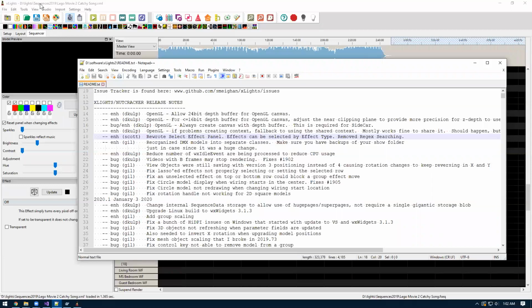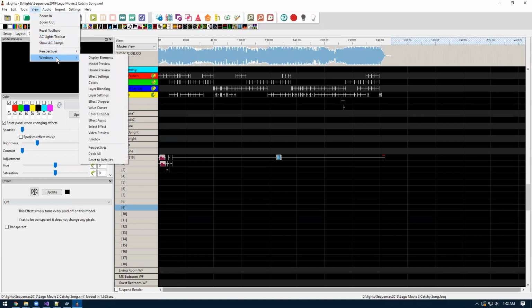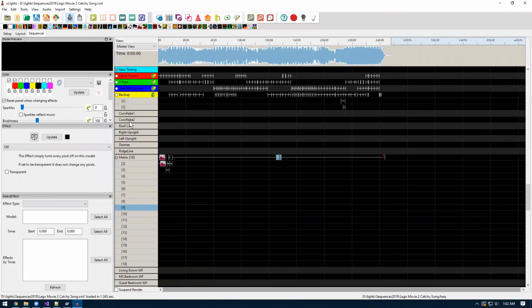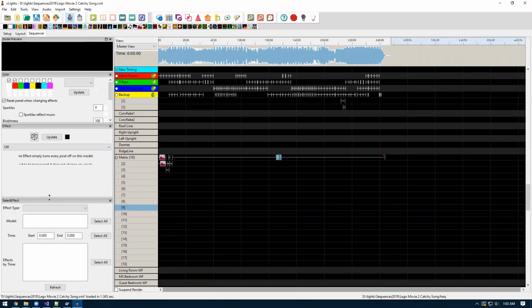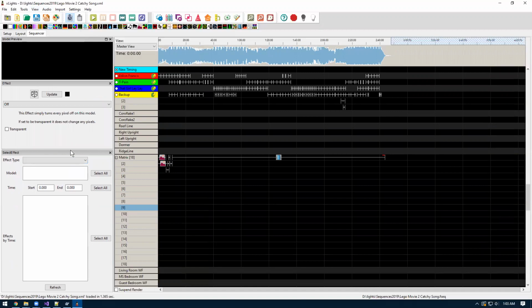So in xLights here, we're in the sequencer tab. If you go to the view windows, there's a select effects. And when you open that, it should open the select effects window. And the whole intent of this is it allows you to select an effect of a certain type and then